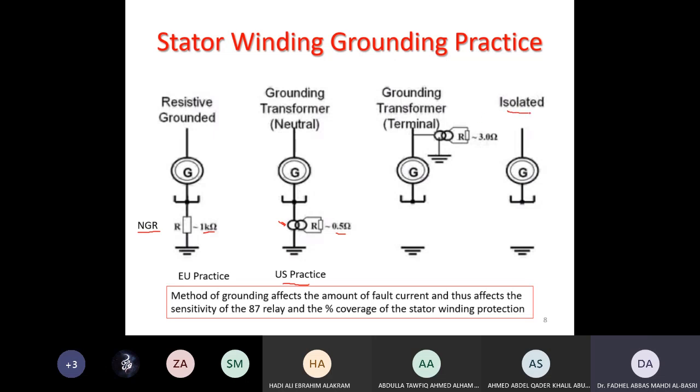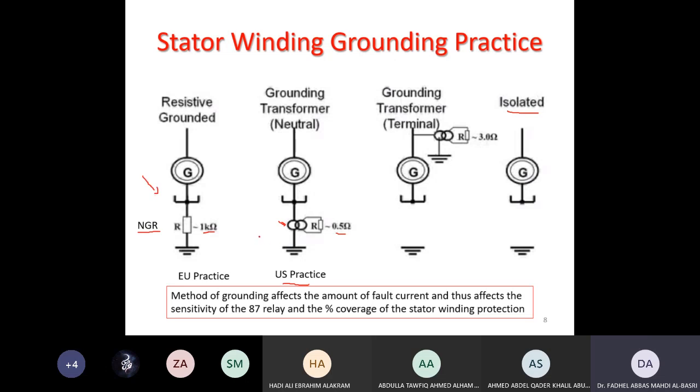We have something called an isolated grounded system, where the neutral is not connected to the ground. So in case of a ground fault, there is no fault current, and there has to be a system to detect those types of faults before another ground fault occurs. So my practice here, I just want to focus on these types